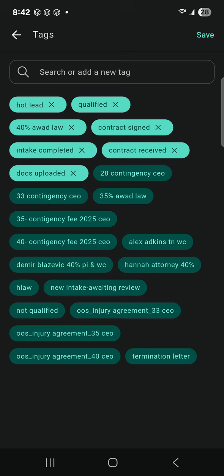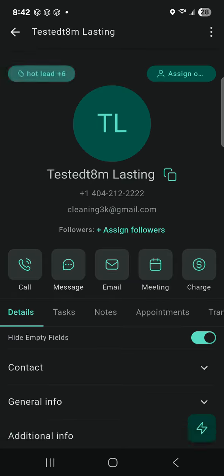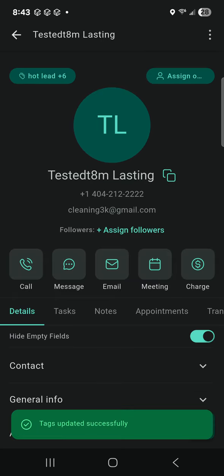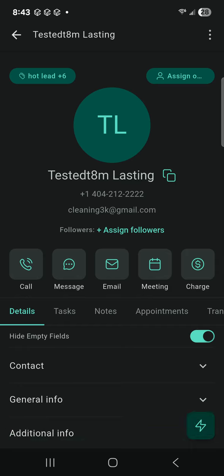So someone on your team confirmed that, hey, I checked your telemed, everything's good, and you should tell your team to add the tag of docs uploaded so that it'll move down the pipeline. I believe that's what happens next. So we're gonna add those tags on there. All right. Once those tags are added in,